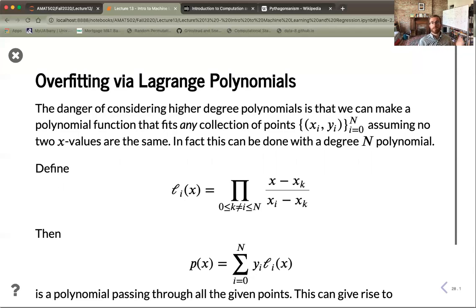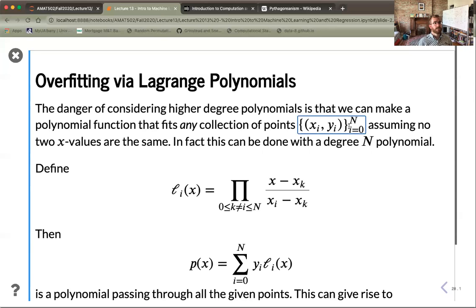And so there's another problem that can happen, which is that suppose my training data consists of this collection of points, right? I have x values and y values, where no two x values are the same. So I predict that there could be a function, or my model is that there could be a function that actually relates x and y. Then there's a fact that there always exists a polynomial that passes through all of those points. And indeed, this is sometimes called the Lagrange polynomials associated to a sequence of points. So if I have n plus 1 points, then I can use a degree n polynomial.